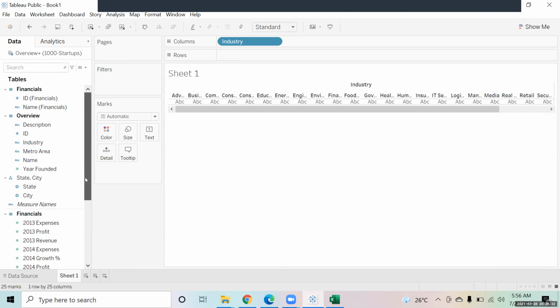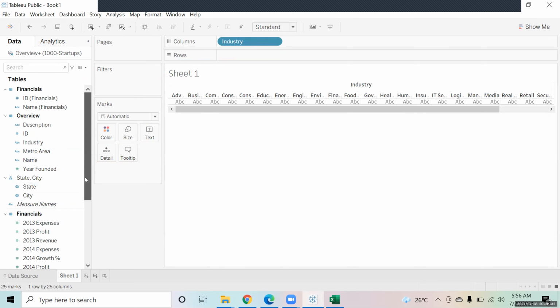Now suppose what I want to do is, I am saying that IT services and software, they are technically same. I do not want to show these two industries separately, correct? So there are two ways by which I can combine. One way would be, I will go in my data and rename them.